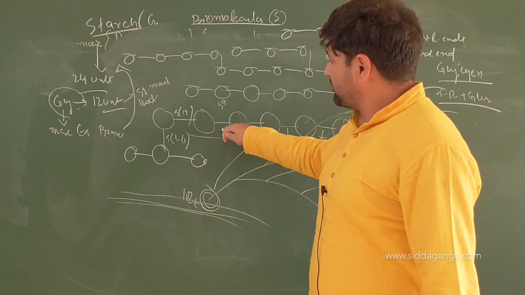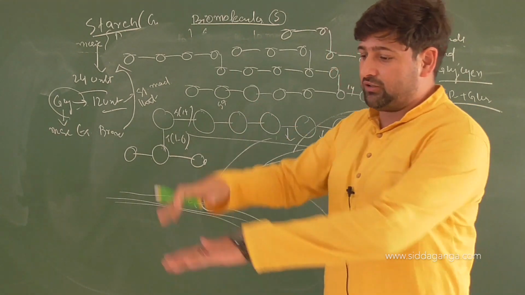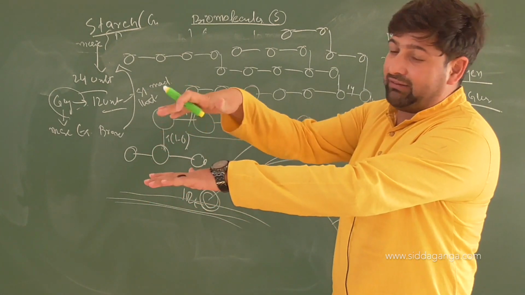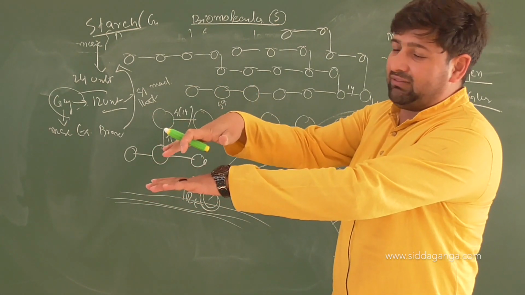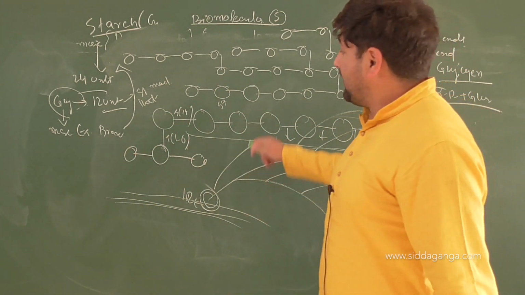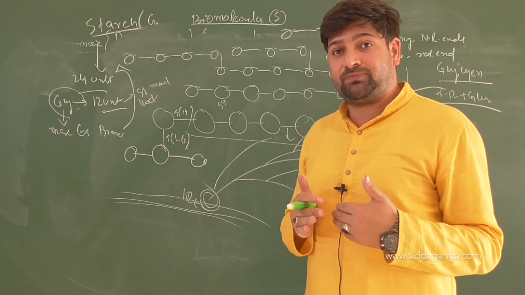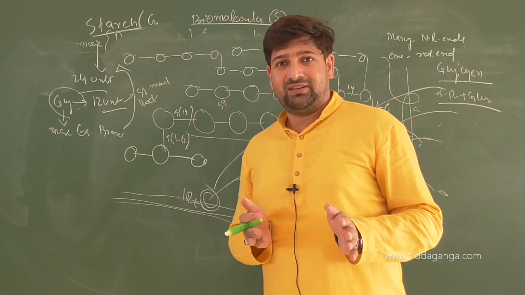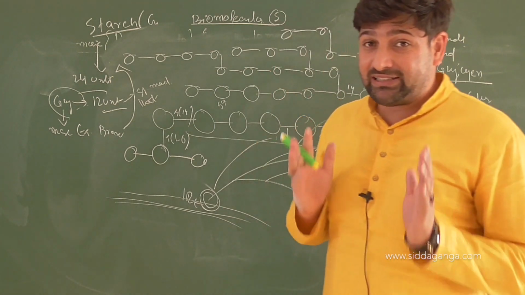These OH groups from different glucose molecules can come side on side with each other when they are hidden. They can come side on and develop what? Hydrogen bonding. As they develop hydrogen bonding, they can provide strength. But remember that hydrogen bonding between the chains in starch and glycogen is not profound. There is a reason for it.